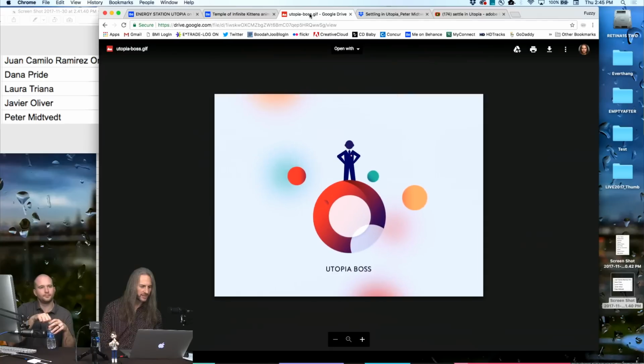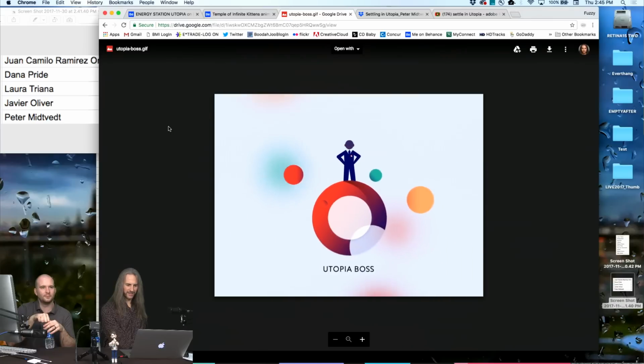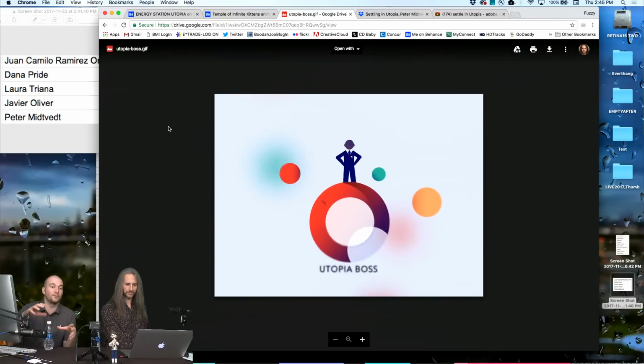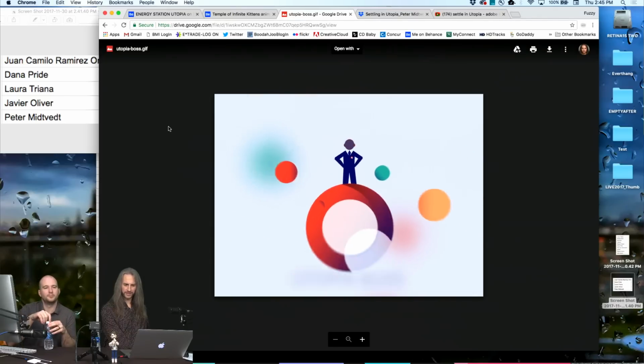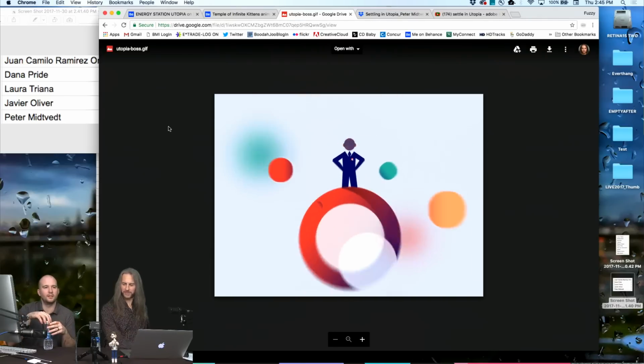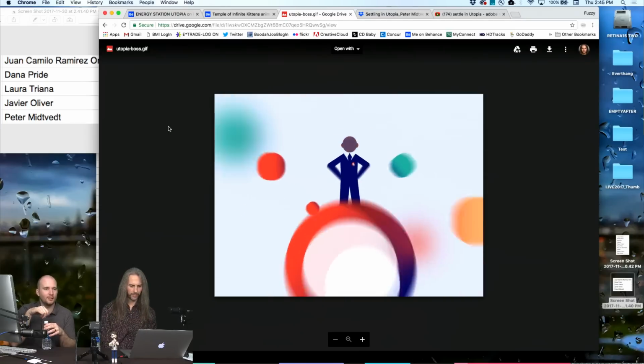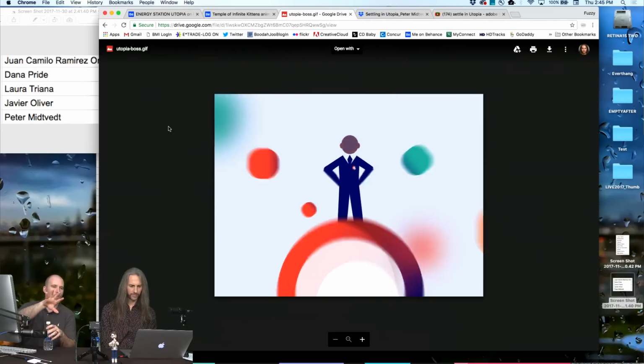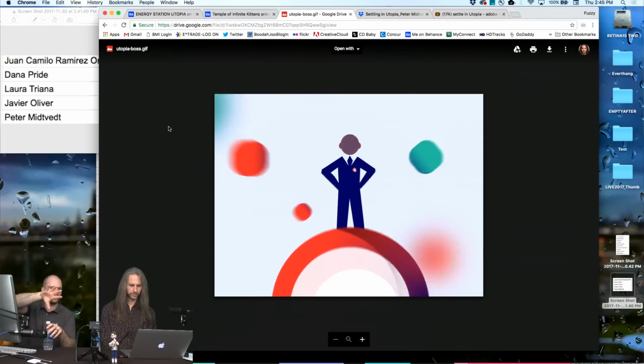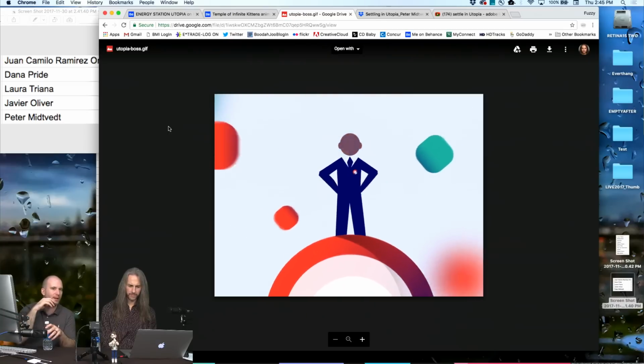Okay, so this one is actually Javier Oliver, Utopia Boss. That's a nice loop. That's a nice start, and the transformation is also nice, like we go from squares to circles. And some similar style techniques to what you were just showing there. I like the gradient on the big thing in the middle. I like how that white circle shows a highlight that drifts by, like a lens